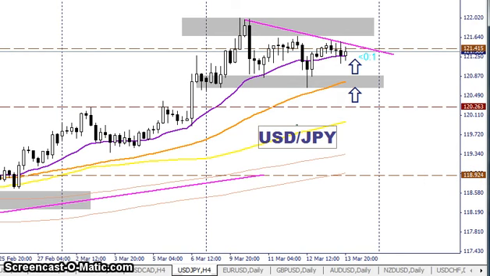So this is what I expect with all the currency pairs this week. This is what I'm looking for. This is how I use the moving averages. They're dynamic, they're moving with price, and they make excellent areas for support and resistance on the shorter term. And again, these have